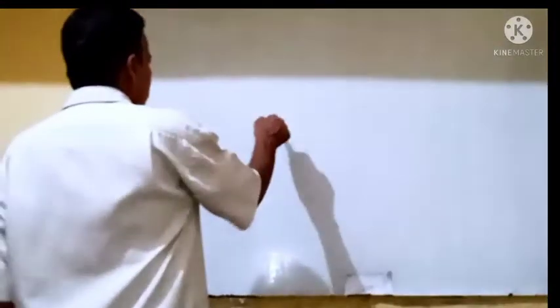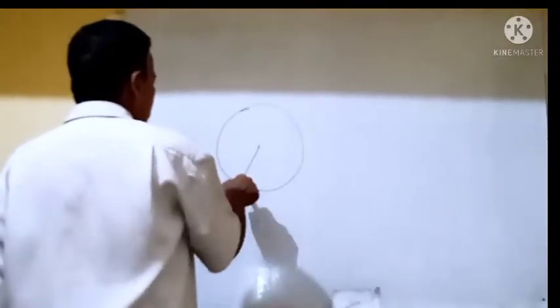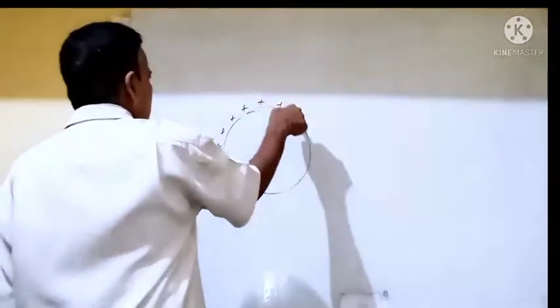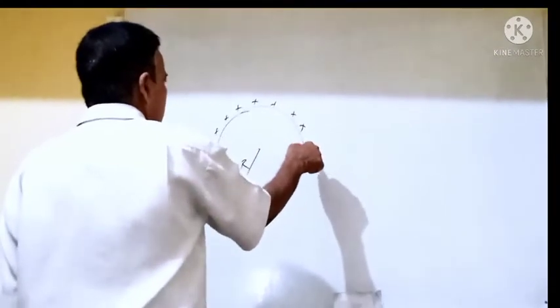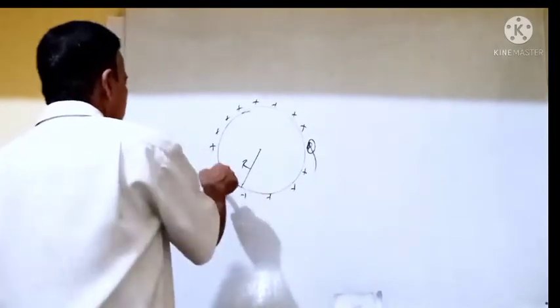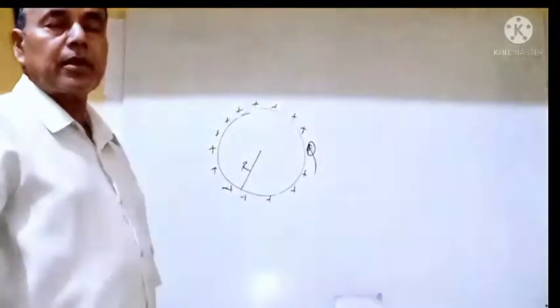So first of all we will see the electric field intensity at a point due to a charged spherical cell when the point is outside the spherical cell. Suppose that this is a spherical cell whose radius is equal to capital R. And suppose that Q is the charge given to this spherical cell, and suppose that there is a positive charge on the spherical cell.